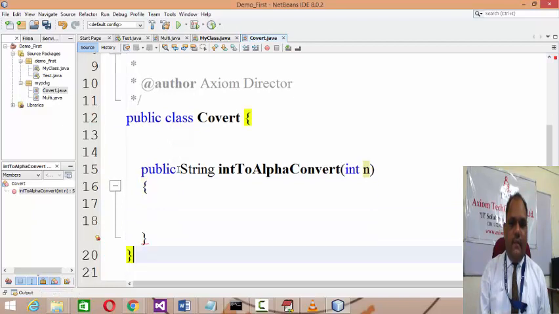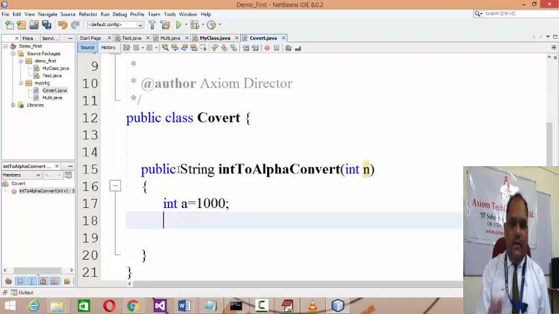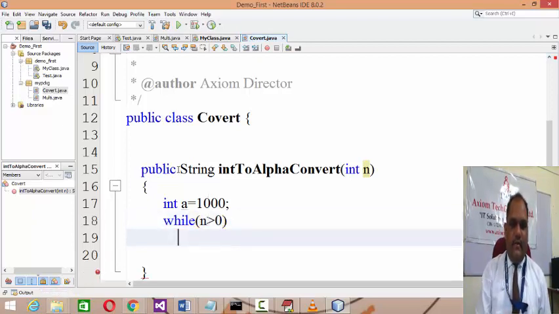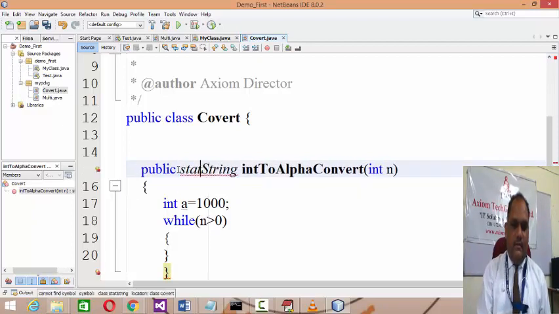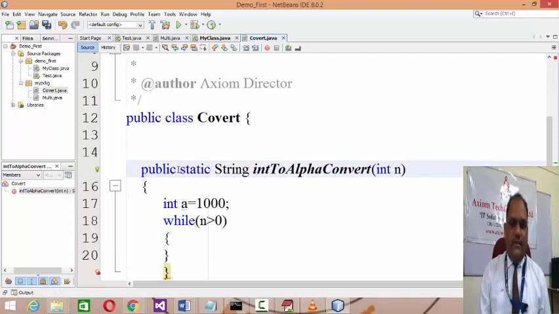Now what is the logic in that? The logic will be, first of all, declare, as you have a 4-digit number, int a equals 1000. I'll explain this to you. And then while the value of n remains more than 0, what you need to do, and we are developing a static method over here, static, so that I can directly refer to it by the class name, no need to create the object of it.